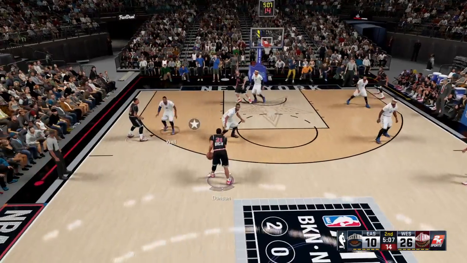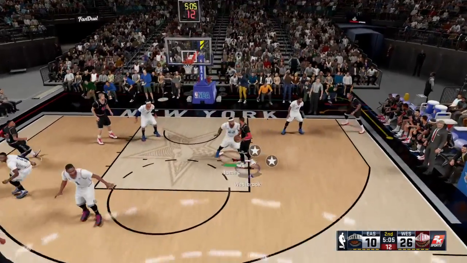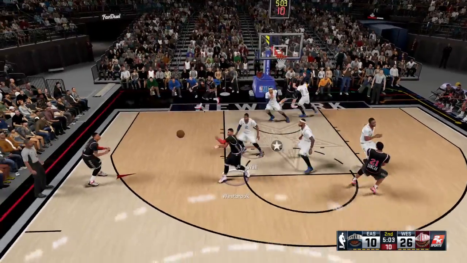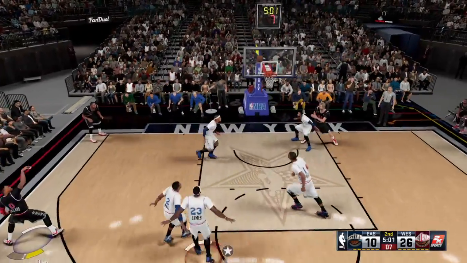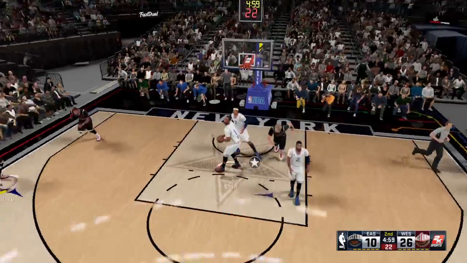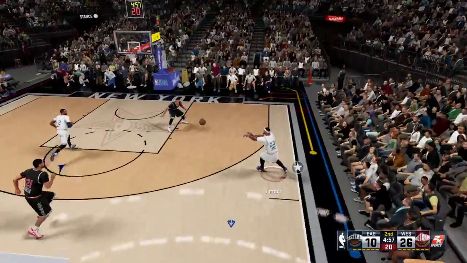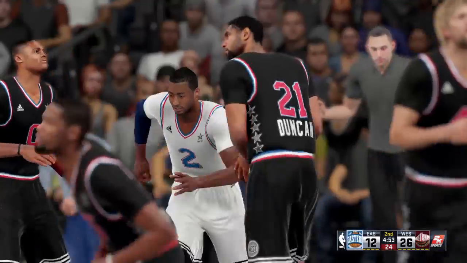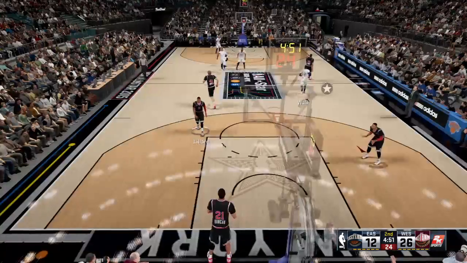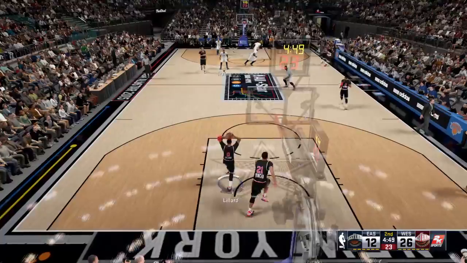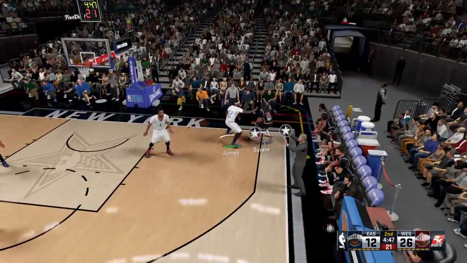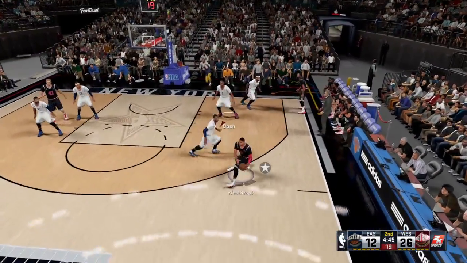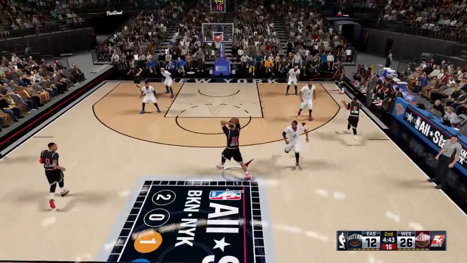The pass to Duncan. Back to Westbrook. Nobody near Lillard. Off the mark there with the three-point shot. Here's Wall. Yes, and it's LeBron picking up the assist. Wow, that's a really smooth finish. That's why we and they always love seeing him at the end of those breaks. He makes it look fun and easy.